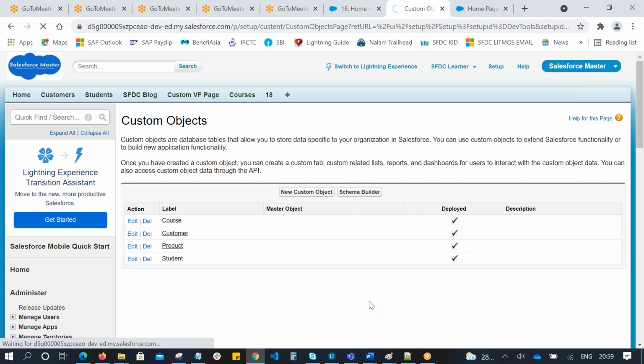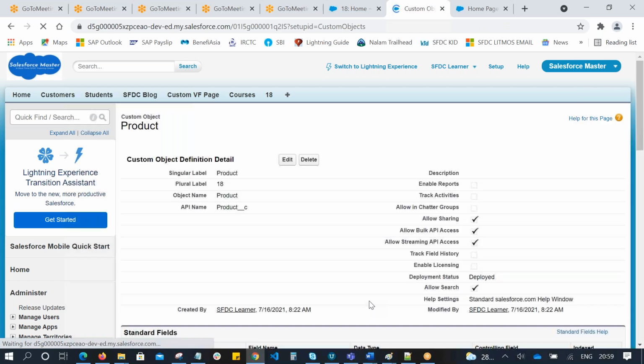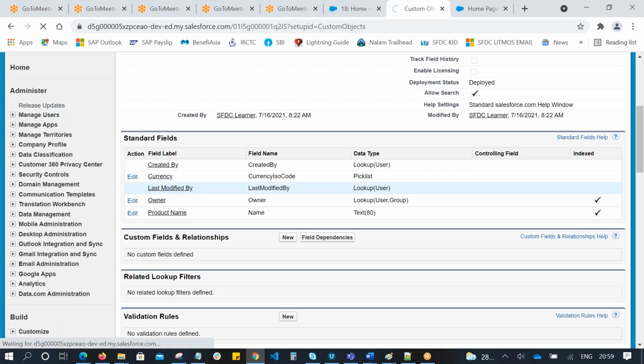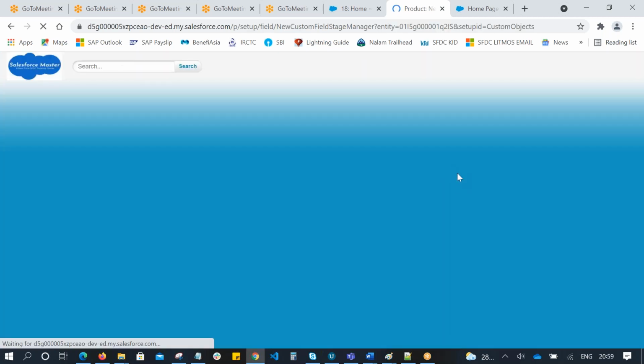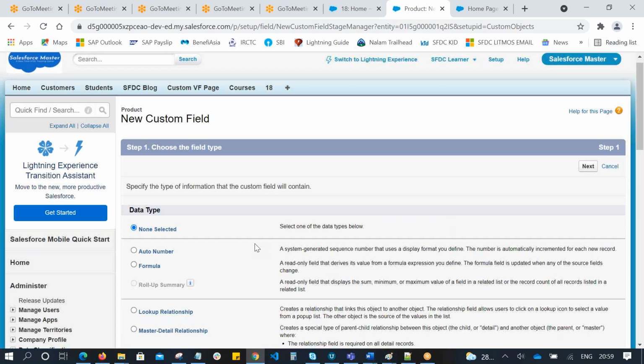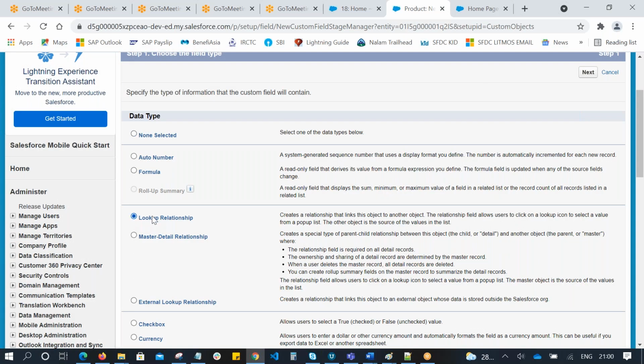Let's go to the product object. In the product object, we have custom fields and relationships. Click on new. Let's select lookup relationship and click next.